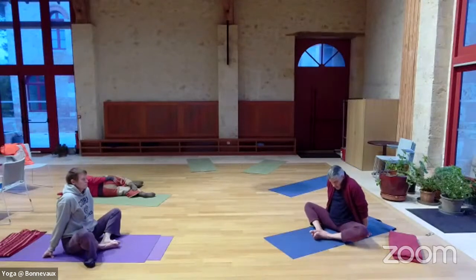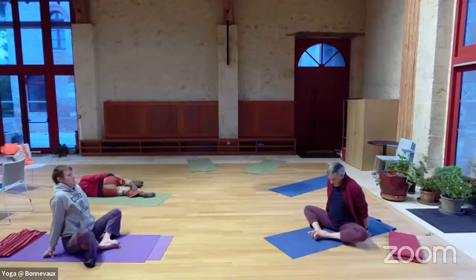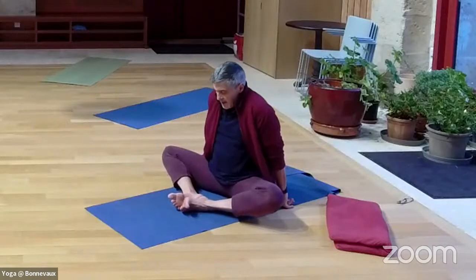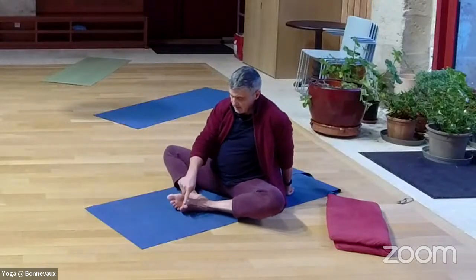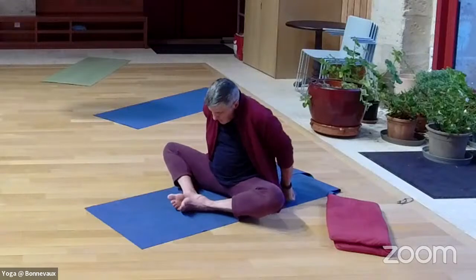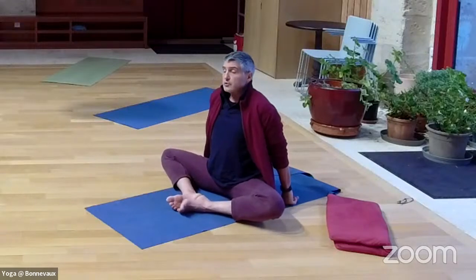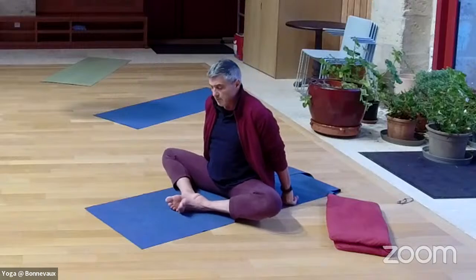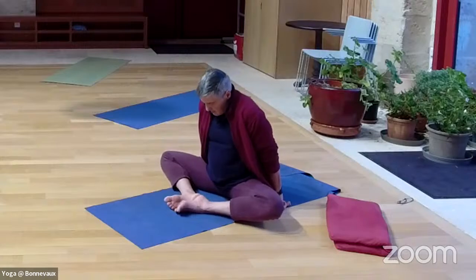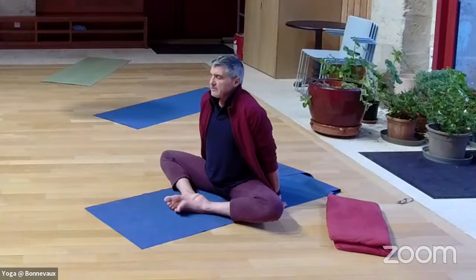Then again, lifting yourself up. Letting the outside blade of the two feet touch and letting the medial blade, the inside blade or arch, separate. They separate from each other. Don't push the knees down. Your knees will go more or less down. It doesn't mean anything. Yeah, and the more I lift, the more my pelvis and legs